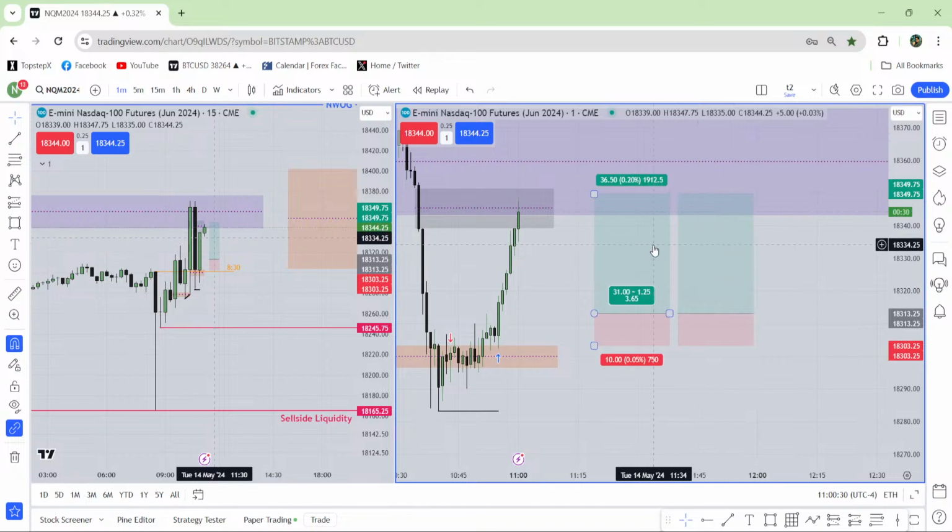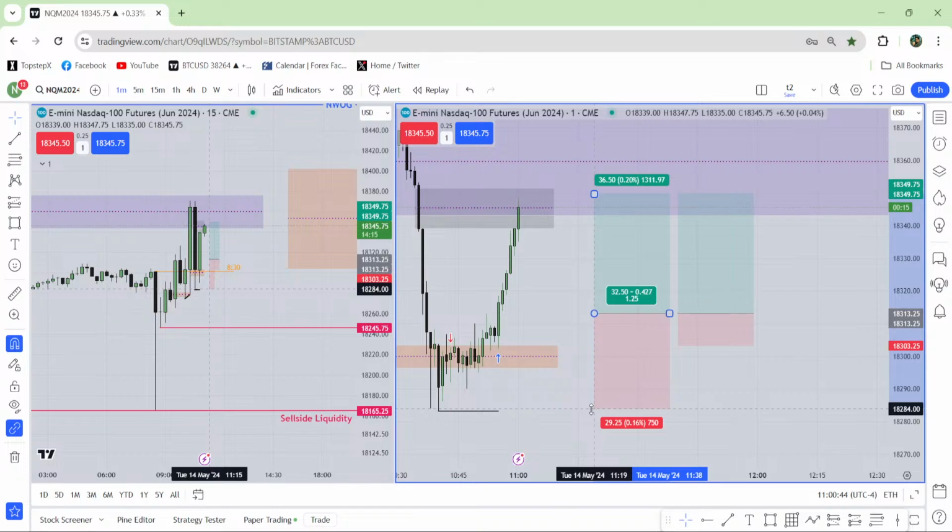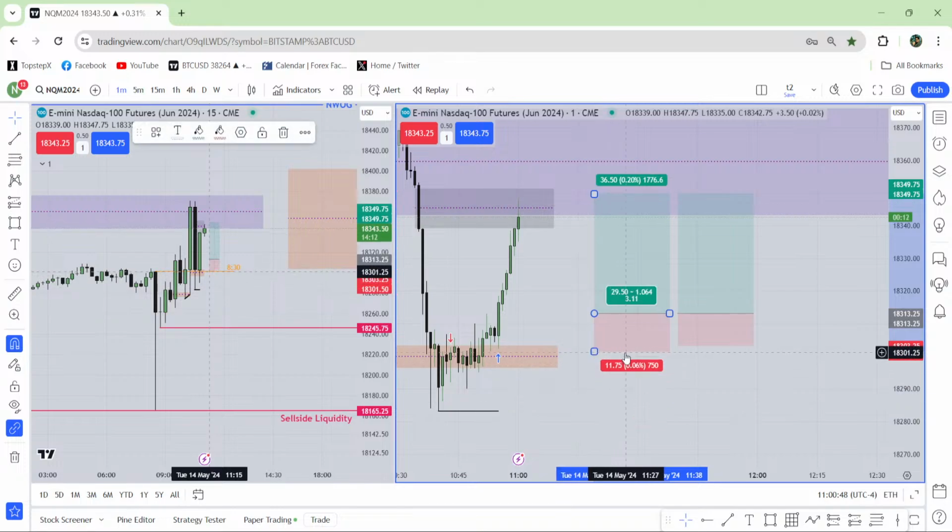So when it goes in our direction, we are not ready to close our trade. Instead, we hold the trade for so long, but the stop loss, we are not able to move it. So what happens at the end of the day: 10 handle, 10 handle, 10 handle. This is how you are going to lose a lot of trades.